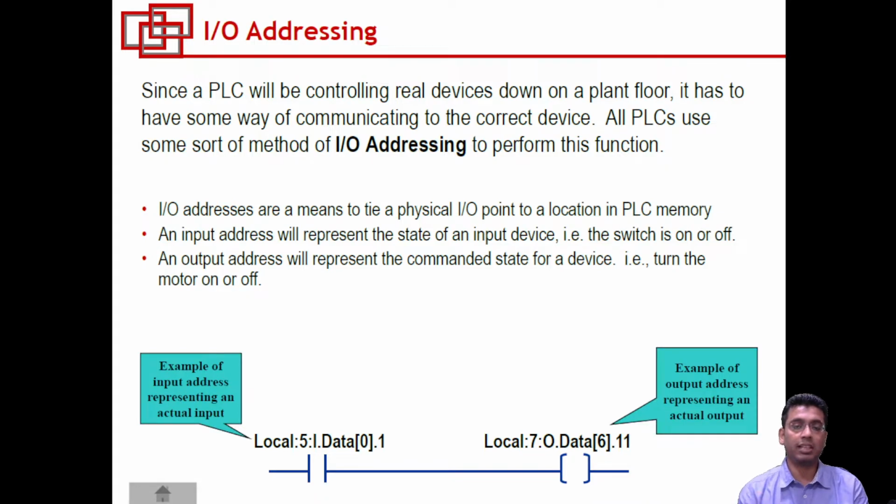This statement says the same thing that I have just said in my previous slide. You will be having multiple inputs here in the PLC diagram. So what is this XIC related to, or what is this OT related to? Basically this XIC refers to a particular physical input connection that is coming from the plant floor. And similarly this output is referring to a particular output element on the shop floor.